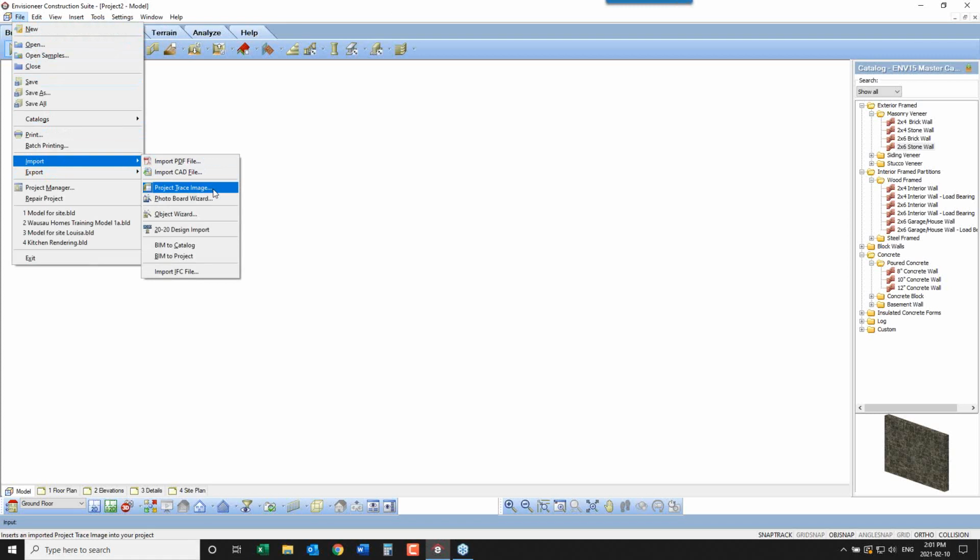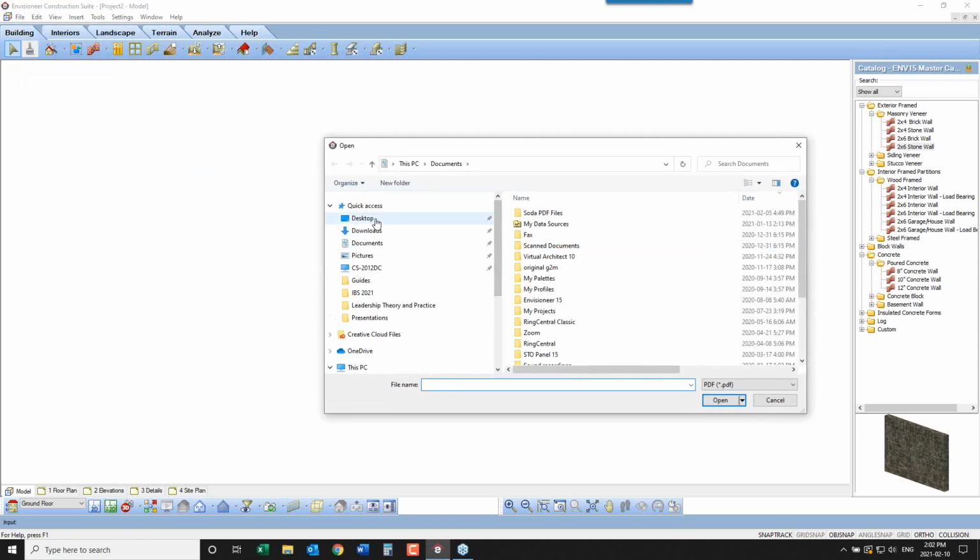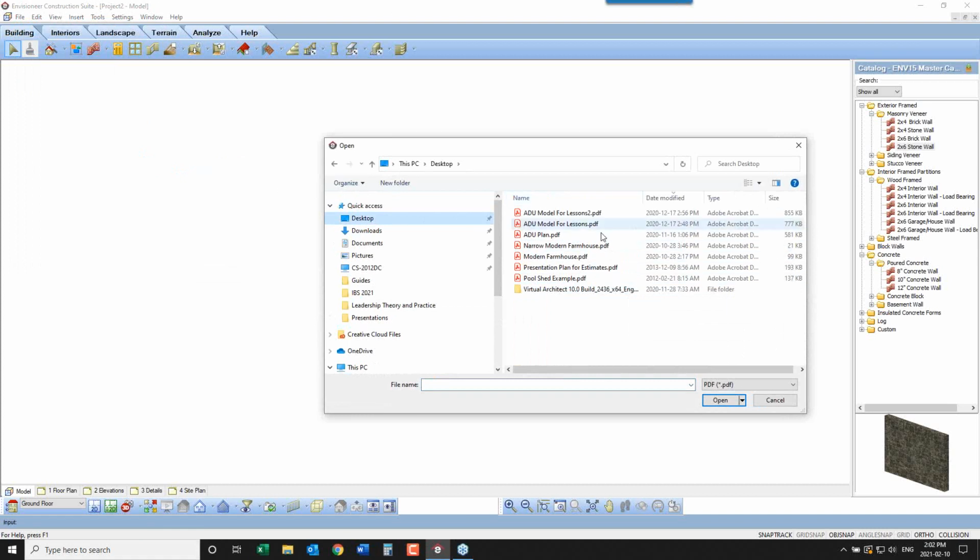The process for either one of those choices is the same. So we'll use a PDF. Just know that you'd have the same capabilities with either a CAD file, DWG, DXF, or if it was a JPEG or a bitmap. The only difference with JPEG and bitmap is because they're scanned, they're not going to be the best quality, but while I'm going through the PDF, I'll show you how you can improve that quality too. So I'm going to choose Import PDF File. And then back out on my desktop, I have some options here,